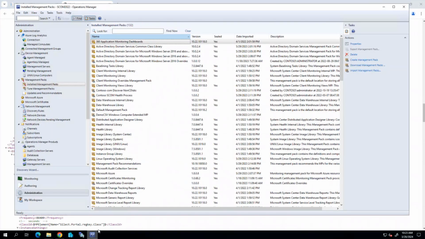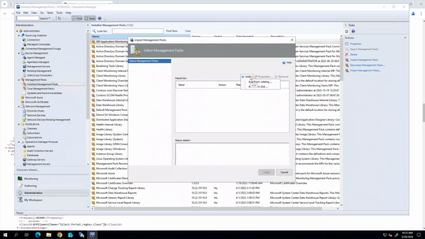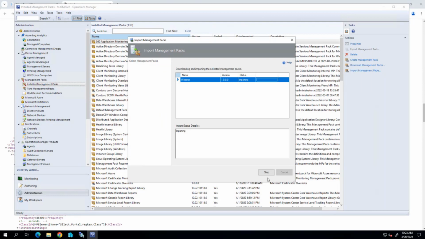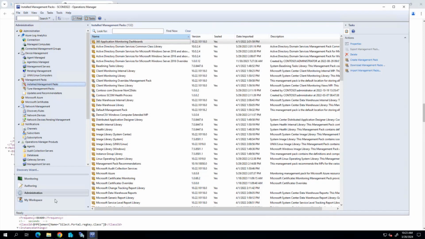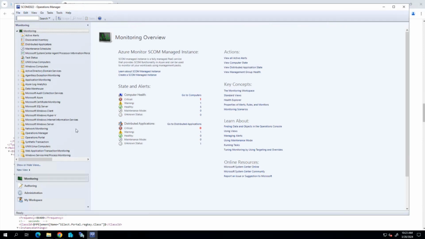Let's go ahead and import that into my SCOM environment. Add that from the disk. I don't need to look at the catalog. There's my management pack. Let's go ahead and install that. So that will take a minute or two to get installed into my SCOM environment. Well, that was quick. It looked like it did that already. Perfect. And what we should see, and this will take a little while before it actually starts doing its thing,